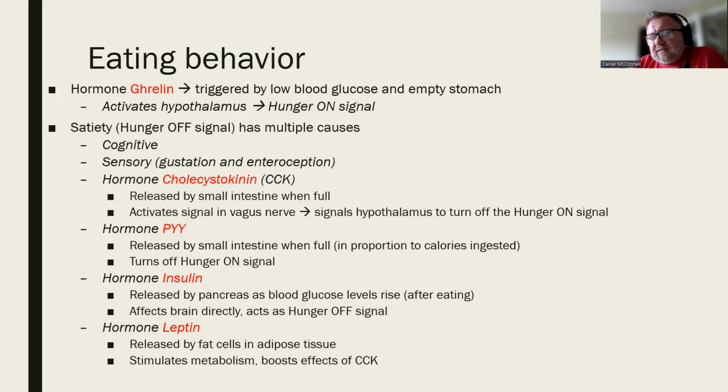This provides evidence now of this fat storage regulatory mechanism, because why would we be motivated to eat less if we already have a lot of body fat? Because we don't want to have too much body fat. And so the role of leptin is to help regulate eating behaviors, and in general, it reduces hunger as our body fat levels go up.